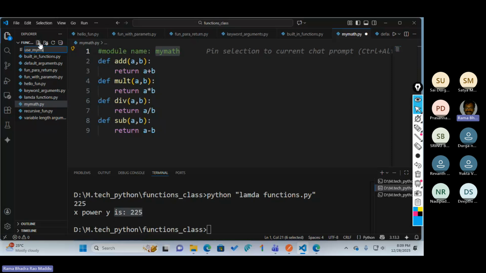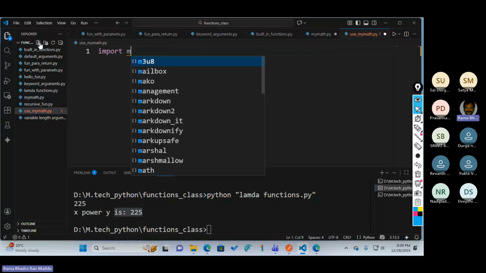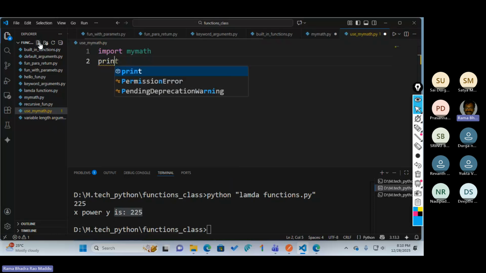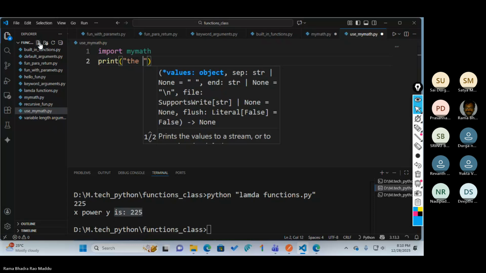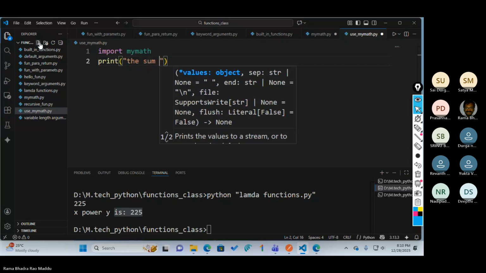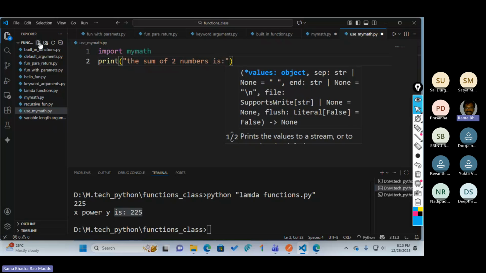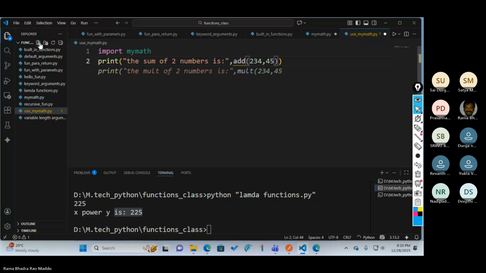I can give any name, mymath.py, and I can import this module: import mymath. Both should be in the same directory. Simply I'm writing print the sum of two numbers, comma add of 234 comma 45.